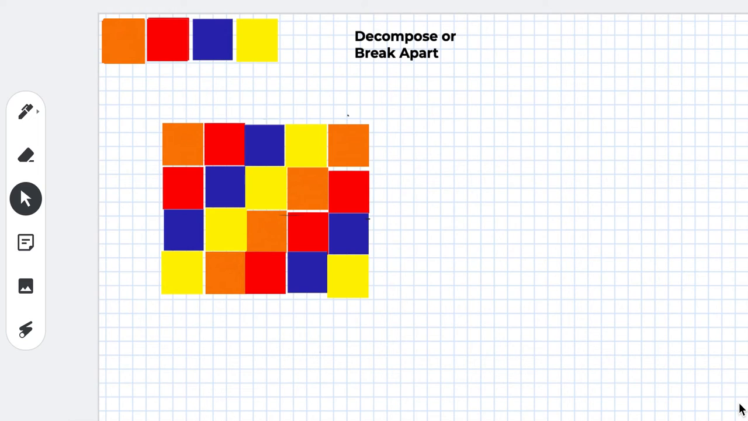Again, we are going to be decomposing or breaking apart our rectangular arrays that we created with square tiles. So here I have my array, and I'm going to count how many rows I have. I'm going to go across because rows go across. So I have one row of 5, a second row of 5, a third row of 5, and a fourth